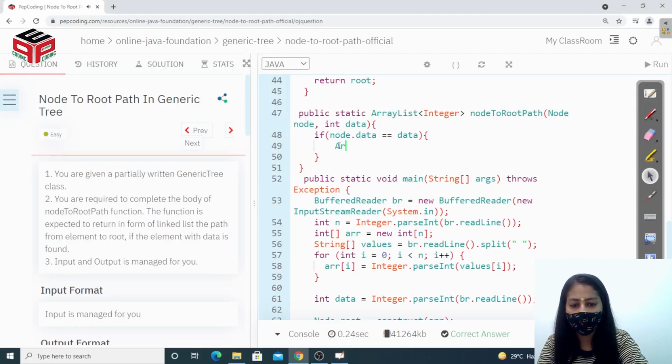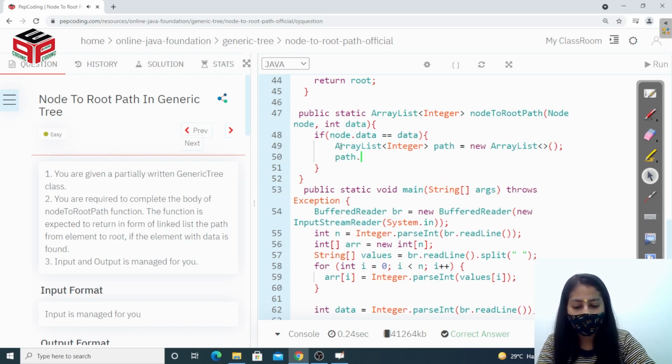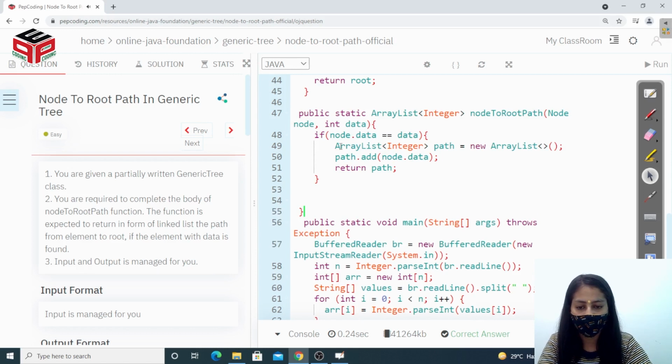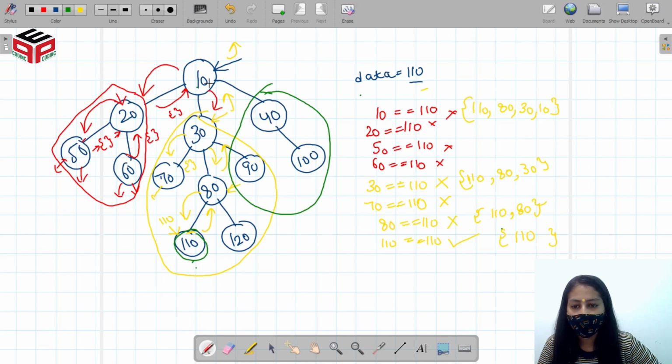So it will create a new array list of type integer, let's say path, add itself to that array list, and return that to the called value.